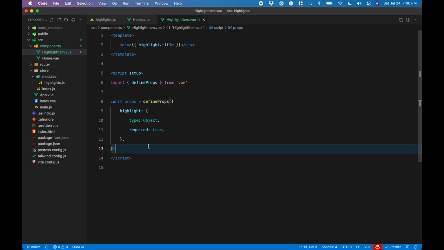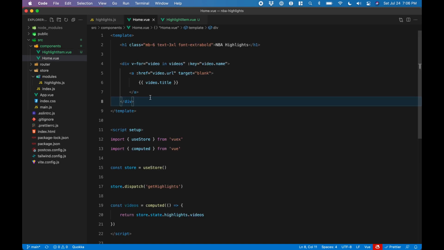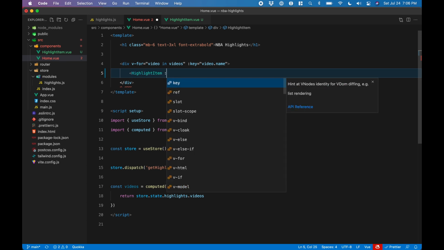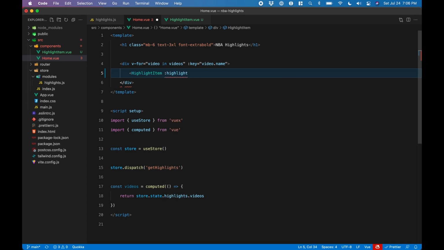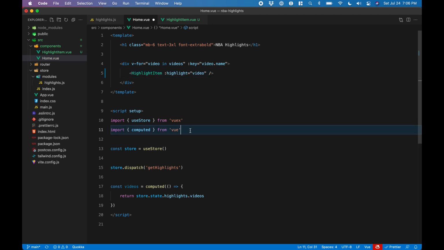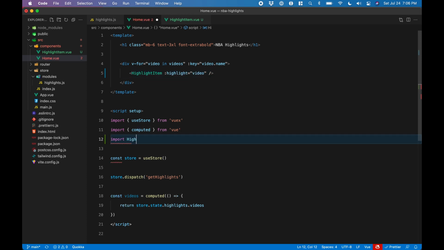Okay, perfect. So now what we're going to need to do is go to our home component and update that. Rather than having this hard-coded href in our div, what we can do is, for video in videos, key video.name, we will go ahead and remove this, and here we'll have a HighlightItem. And here we will pass it the prop highlight, and that will be the video that we are using here. And that should be good. So lastly, we've got to remember to import HighlightItem